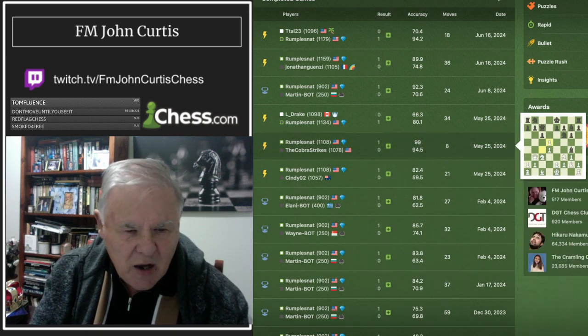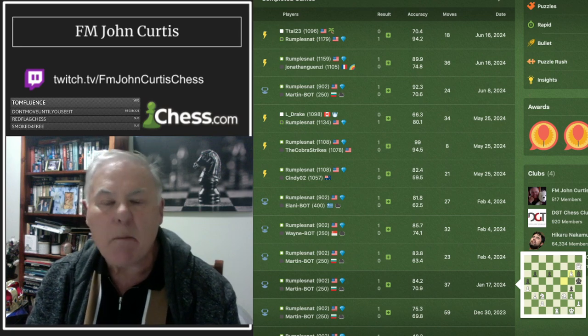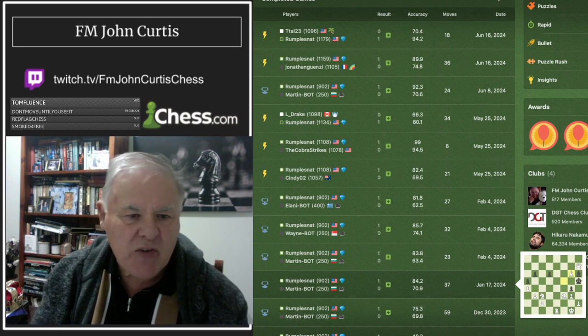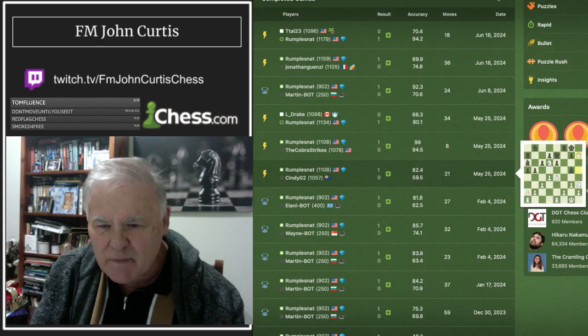But he's been playing the Ilani bot, the Wayne bot, and the Martin bot at chess.com. So he's been training. Rumplesnat's been training against the bots. Then he strikes out. The old Rumplesnat. He strikes out, and